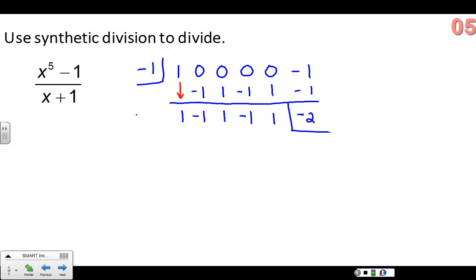So if you think about this, x to the 5th divided by x to the 1st. My highest power should be x to the 4th. 5 minus 1, so x to the 4th. 1x to the 4th minus an x cubed plus an x squared minus x plus 1. And then, since you have a remainder, what we do is we say, since it's minus 2 over the divisor, x plus 1. So anytime you have a remainder on your problem, you're